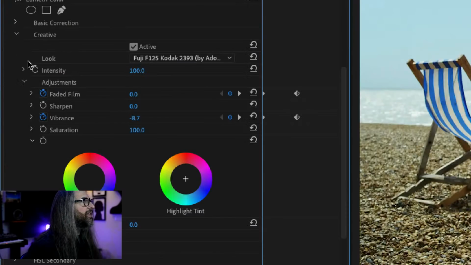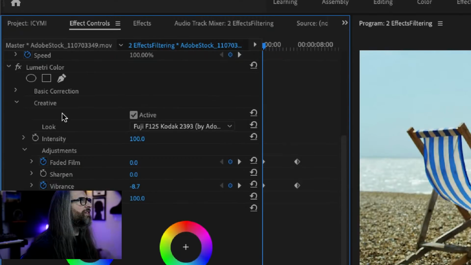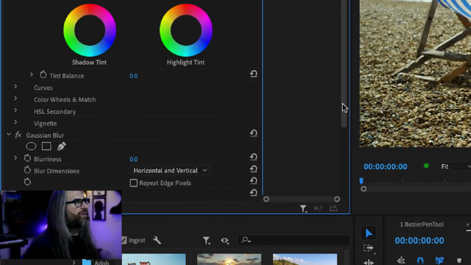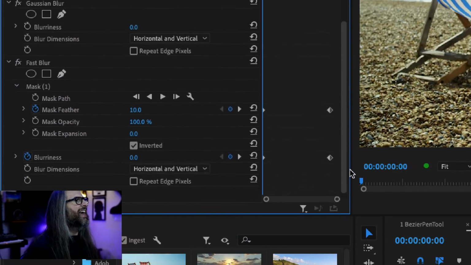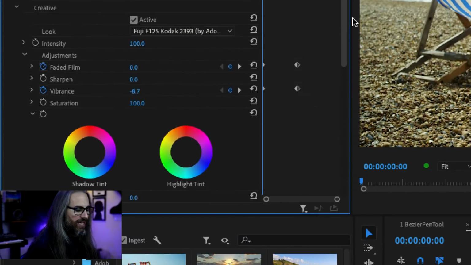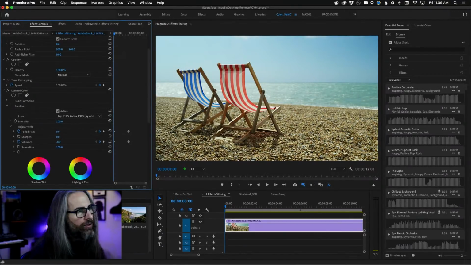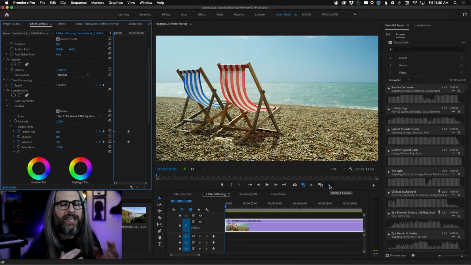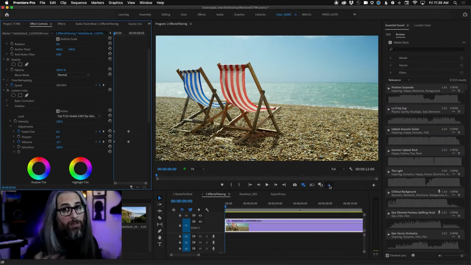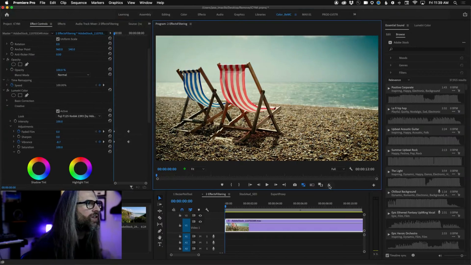So I've got some Lumetri color, and then a bunch of different modules have been activated within Lumetri. I've got Gaussian blur, which appears to not have any changes or settings just yet. And then I've got some fast blur with some masking and some other things going on here that are keyframed. If you're building up a look for a clip, even though we have things like HSL secondaries in Lumetri, it's very common to use multiple effects on a single clip. Just by turning all the stuff on that I have here, it really changes the mood, changes the vibe. Really love the way this looks.